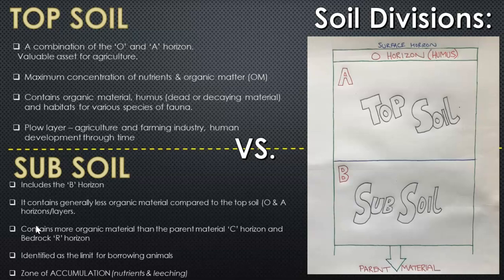Then we have also the important part of agriculture. So the industry of crops, grown food, farms, both the small local farms and the large industrial farms anywhere in the world, producing the world's food. Whether it's corn, maize, wheat, rice, you name it, it's going to be important that topsoil is a big part